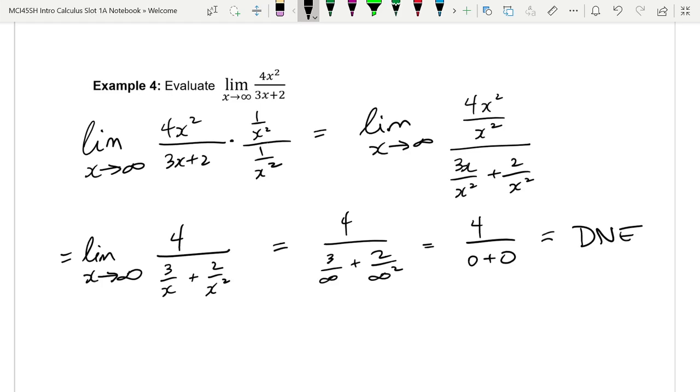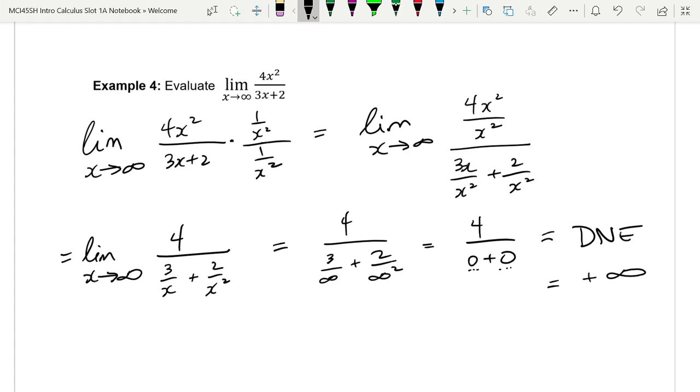But which way is it going? It does not exist, but it's definitely heading towards positive infinity. It's going to go up forever. Now, how can I tell that? Well, because notice these numbers here are my limit numbers, but I know that they are, in fact, just numbers that are getting smaller and smaller and smaller. And 4 divided by a smaller and smaller and smaller number is just going to get bigger and bigger and